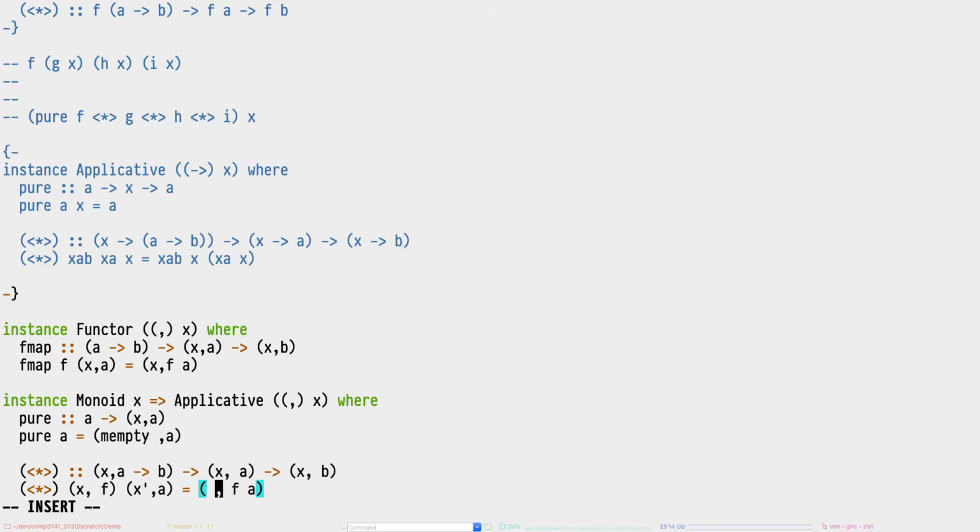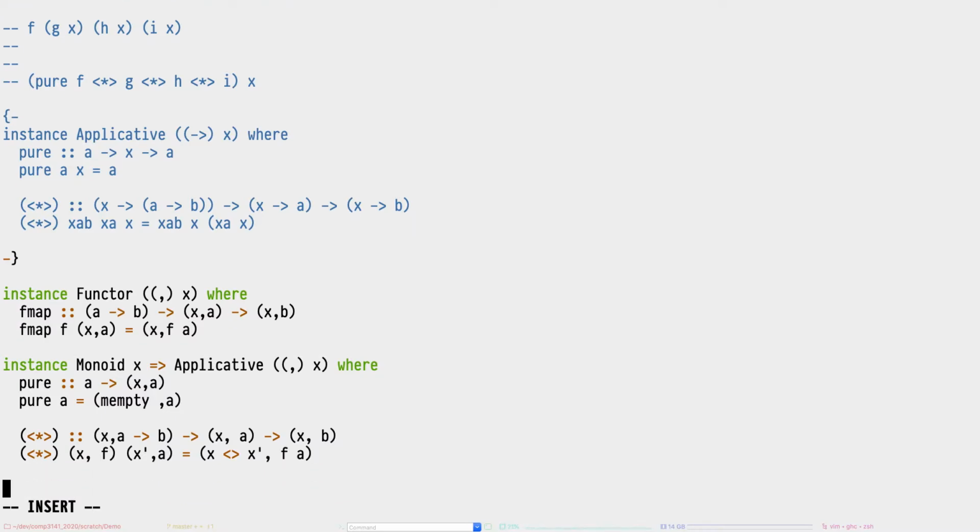And which x should we return? Well, we've got an x and we've got an x prime. We'll use the monoid instance again to combine the two. And that's effectively the way we implement applicative. So what this lets you do, you can imagine that if you had a function that logged certain bits